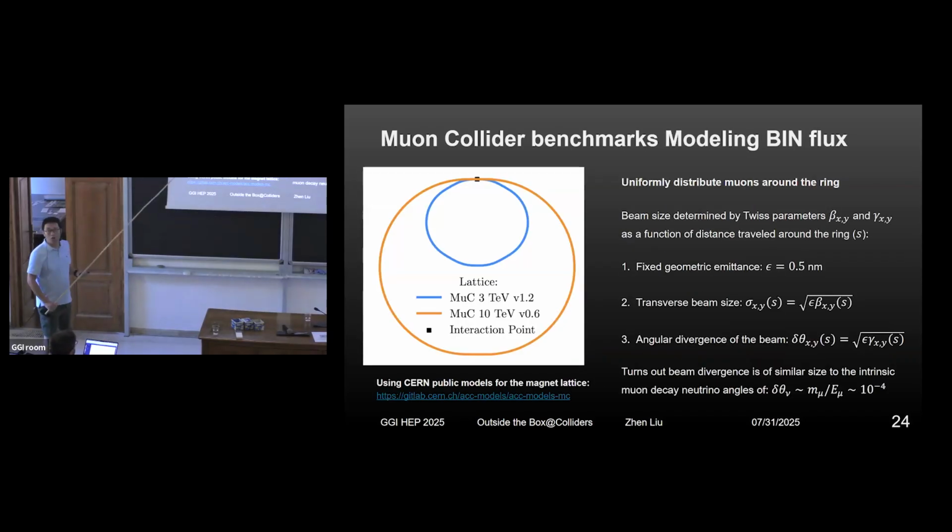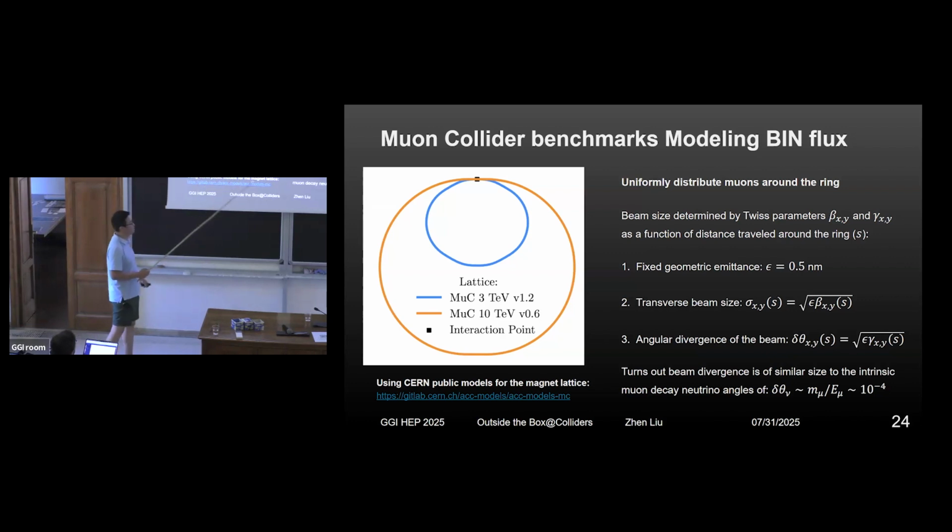So what we did, I only have 15 minutes left, so maybe I may not be able to go to the second example of outside the box, but let me give this box clear. We consider the geometry of the 3 TeV and 10 TeV muon colliders. It was very confusing to us what the muon collider geometry is, but the team actually publicized the models for the magnetic lattice. So we have a certain level of close-to-reality thing, but I declare it's still not the ultimate one because